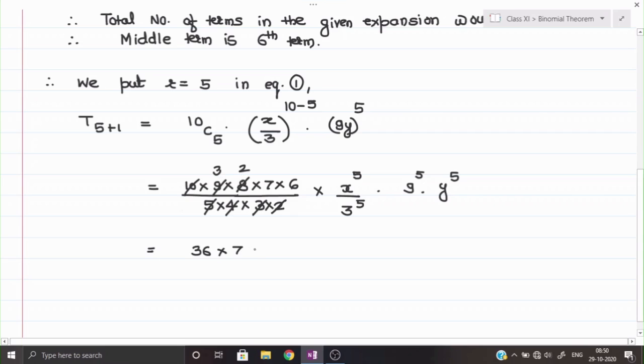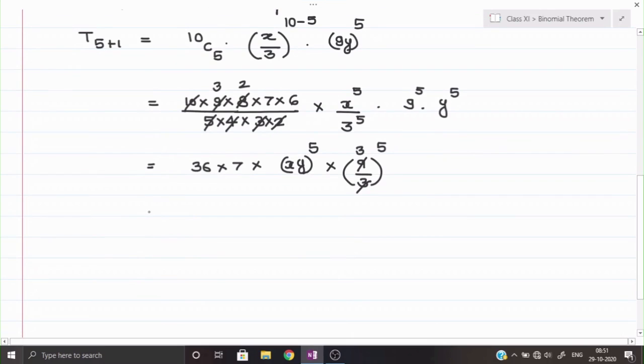36 into 7 into x and y, that I am writing whole power 5. Their power I am going to combine into 9 to the power 5 upon 3 to the power 5, that I can combine here, that will be 9 upon 3 whole power 5, because both the powers are same. So this will be 3 ones are 3 and 3 threes are 9. So remaining is here